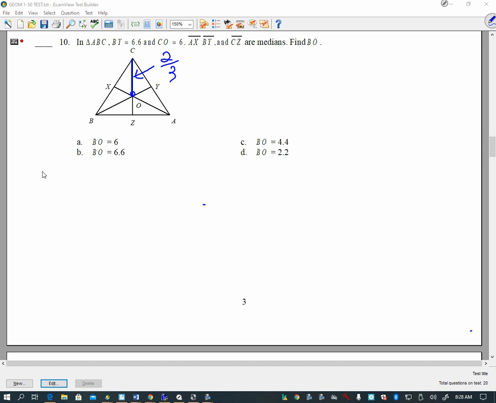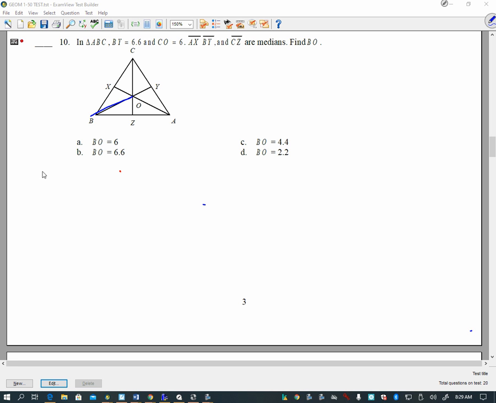2/3. From the centroid to the side is how much? 1/3. Okay? And that would be true here and here, here and here, right? They're divided into 2/3 and 1/3 sections. So math should be fairly simple, but we're just looking for BO. I know most people aren't looking for BO, but we are. That was a little joke. Okay, we're looking for BO.